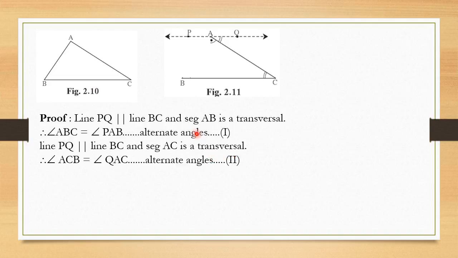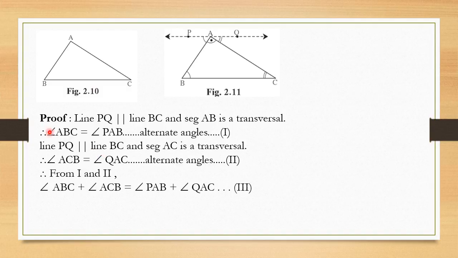Now what I will do is add equation 1 to equation 2. I have both equation 1 and 2. While adding, what do we have to do? We have to add both the LHS parts together, that means angle ABC plus angle ACB, equal to the RHS parts added together. So let us pay attention to the equation which I get. From equation 1 and 2, I first add both LHS of the equation, angle ABC plus angle ACB, is equal to, then I add both RHS of the equation, angle PAB plus angle QAC, and I get equation 3. Now why did I add? That question should come in your mind.